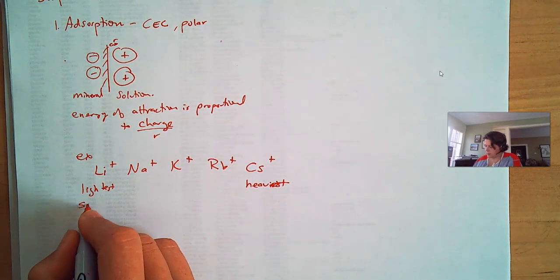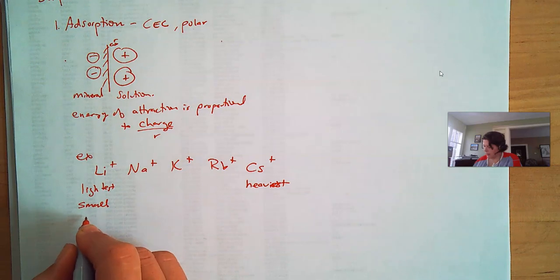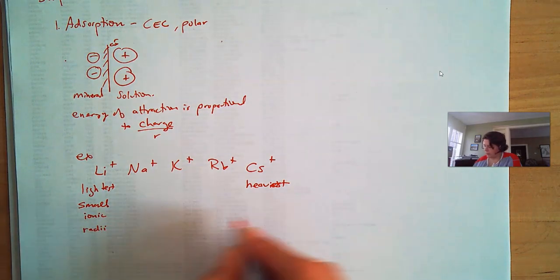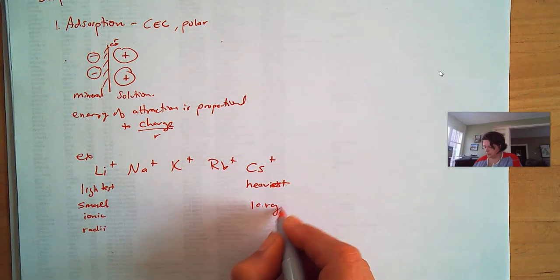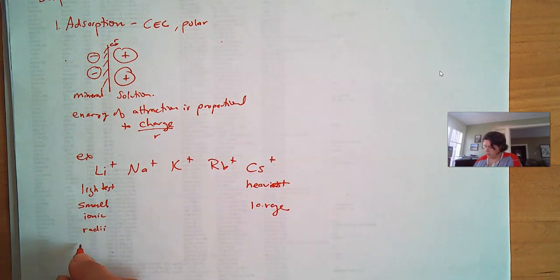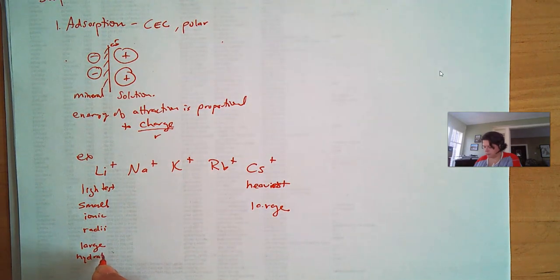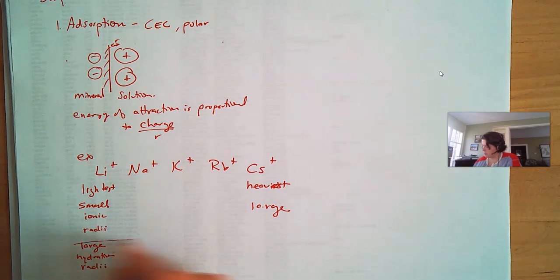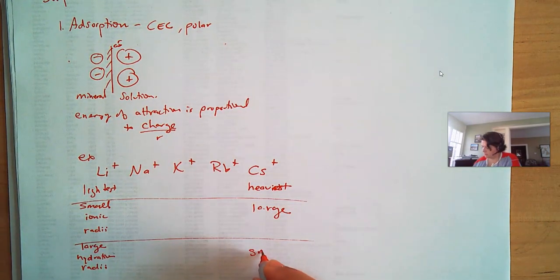So this one has the small ionic radii, and this one has a large. This one has a large hydration radii, and this one has a small